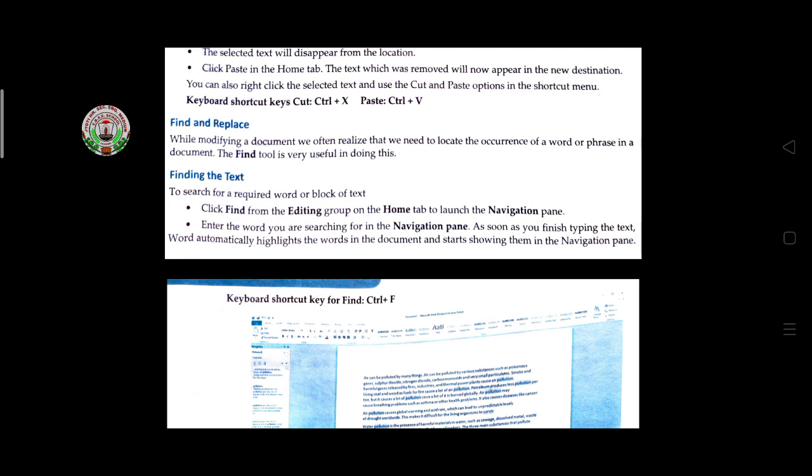First, at the find place you have to write the name Rahul, and then in the replace window you have to write the name you want to change it to. Like this the find and replace tool will work.